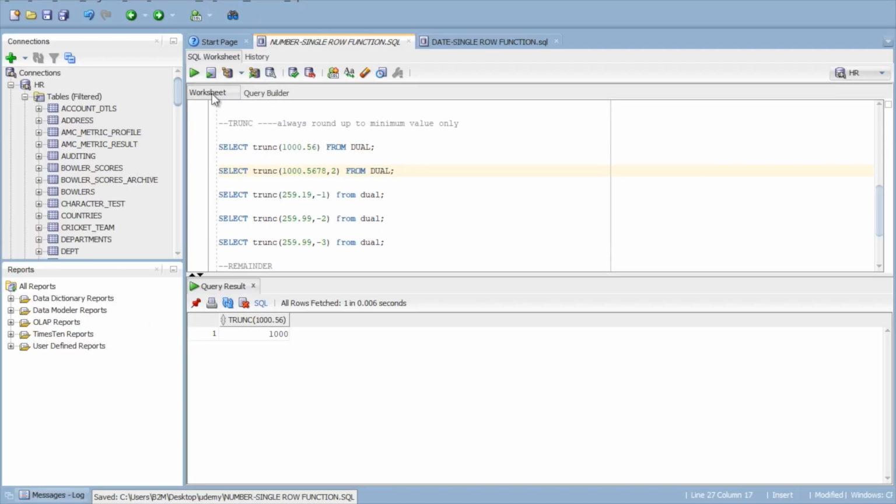I'm going to execute this. 1000.56. It doesn't check whether the upcoming numbers are greater than or equal to 5, and it won't bother about this. The third one is select trunc of